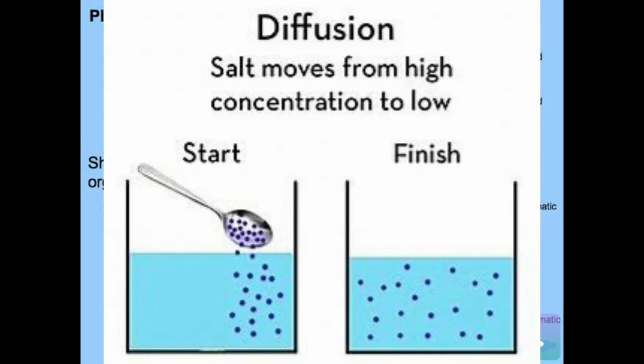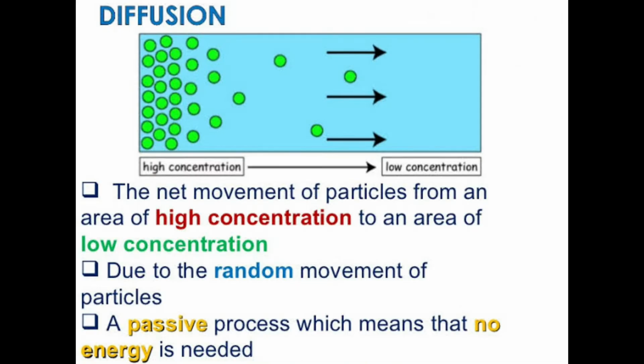Since the water in glass A has high kinetic energy, it moves towards container B, in which we have added salt. It means that because of this concentration gradient, water molecules move from high kinetic energy to low kinetic energy. In the case of diffusion, if you say that water molecules move from low concentration to high concentration, the definition is wrong.